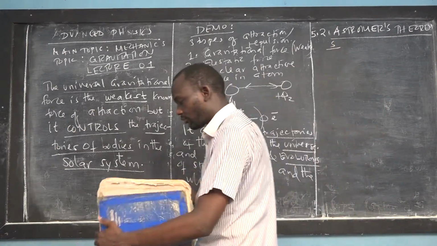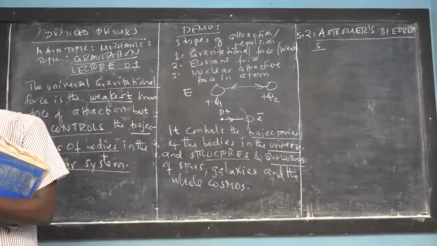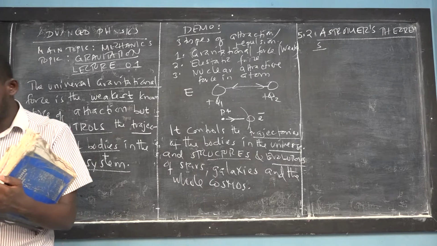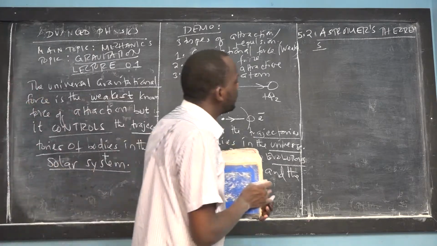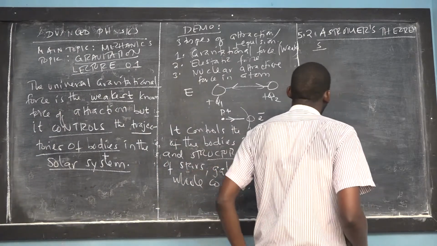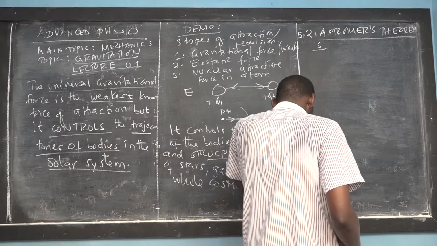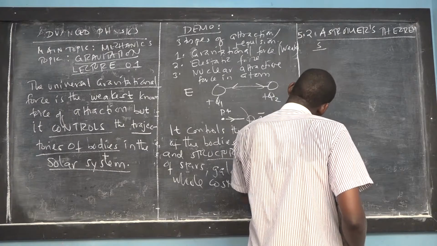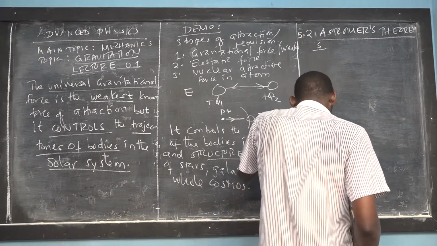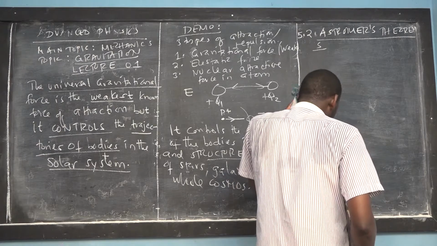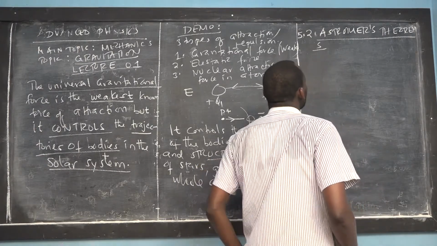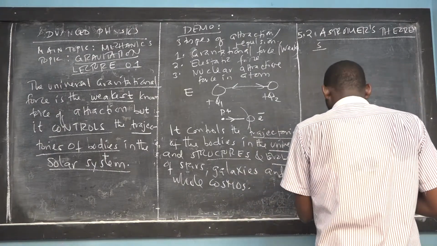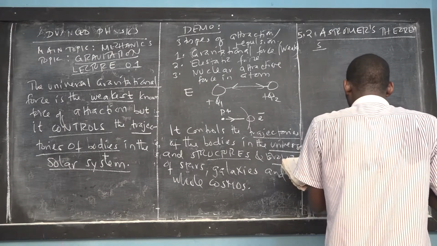First of all, what is the meaning of the word astronomer? It's a new term for you. Astronomer is a person who studies astronomy. Just like in physics, a person who studied physics we call a physicist. A person who teaches, we call a teacher. A person who leads, we call a leader. A person who manages things, we call a manager. So an astronomer is a person who did a lot of research on the subject of